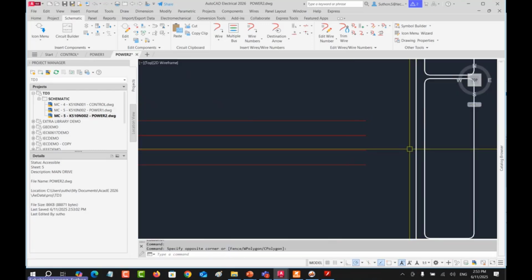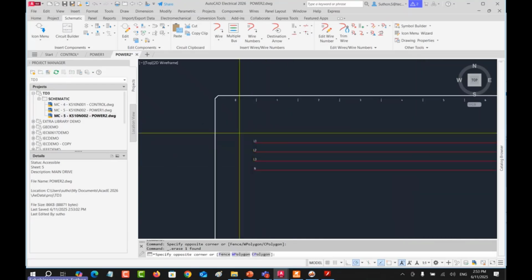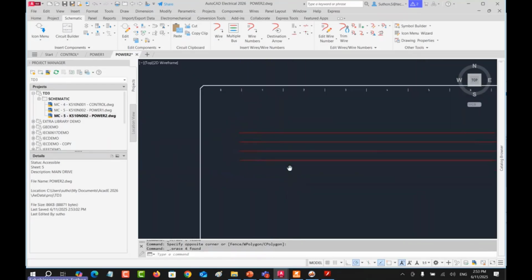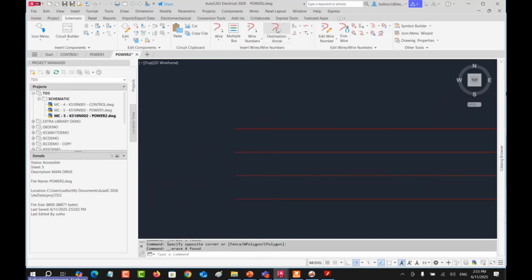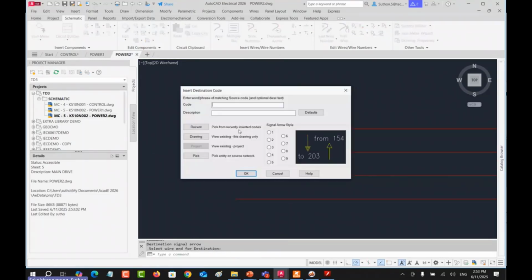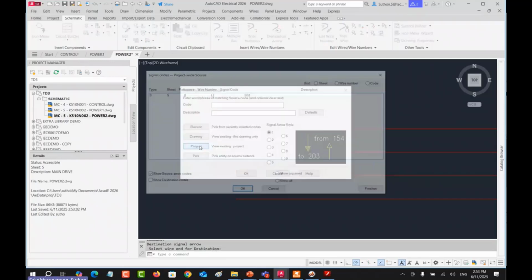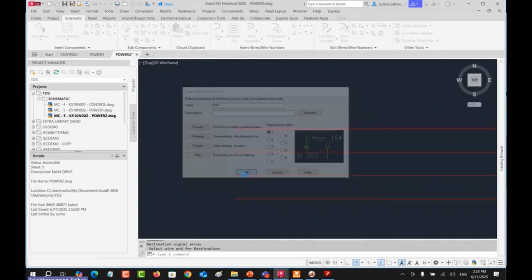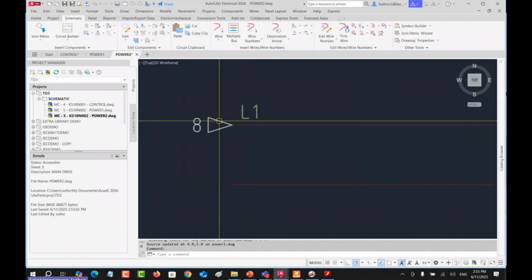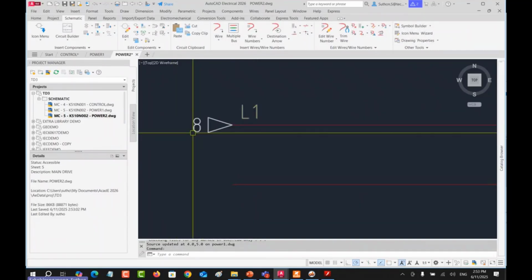You don't have to assign this. You don't have to assign this. It's just the normal 4 lines. And you want to use the destination arrow to link with the project because it crosses the drawing, right? To link at SS1 here, you can see that it shows you the 8. What does number 8 mean?